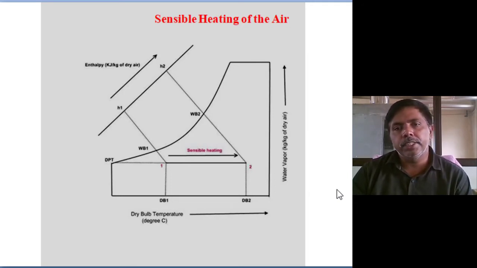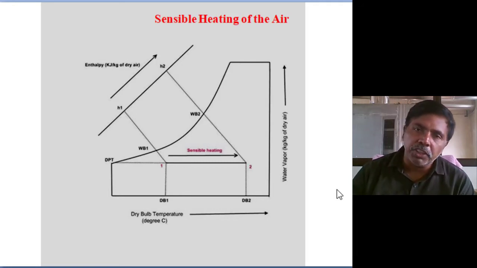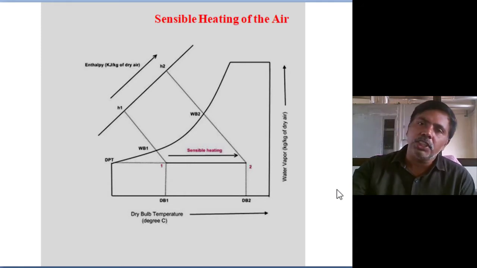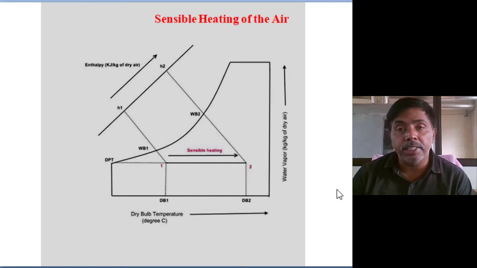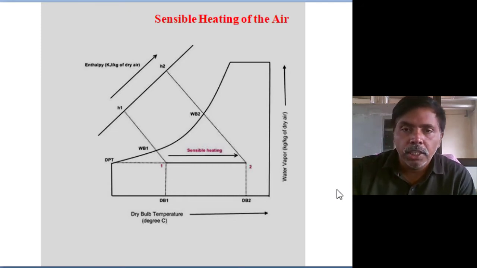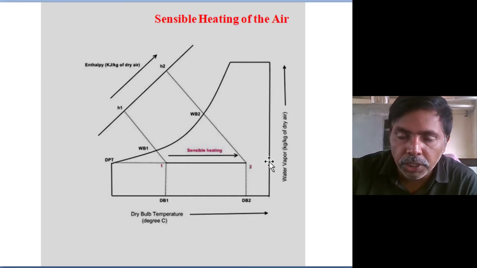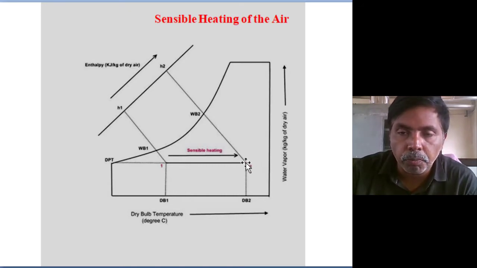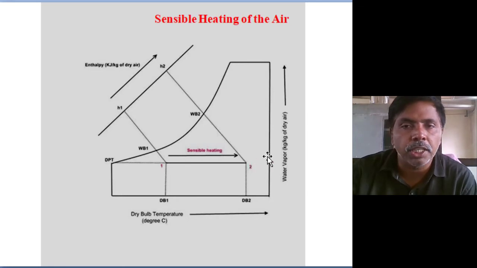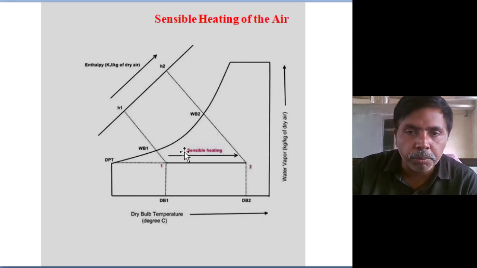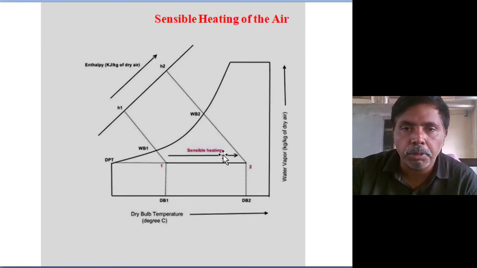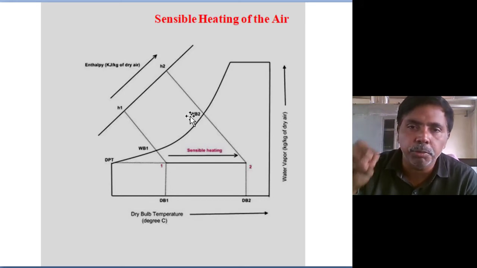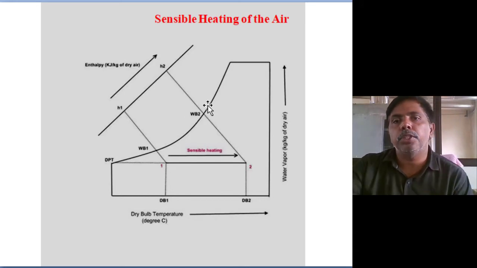Come to the second one, sensible heating of the air. The same heat pump we can use, or industrial waste heat. Two methods. One is industrial waste heat. In an industry I want to do just heating in winter season. Sensible heating is required. Means we are not changing any moisture content, the kg of moisture per kg of dry air. We are not changing dew point temperature. Just changing the dry bulb temperature. Because of that, the enthalpy is increasing, meaning we added heat. The wet bulb temperature also increases.